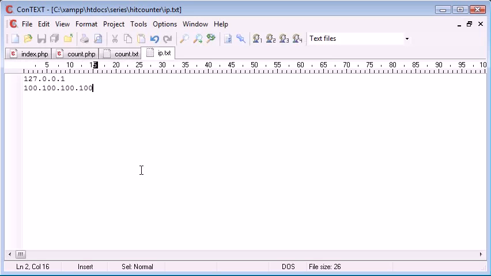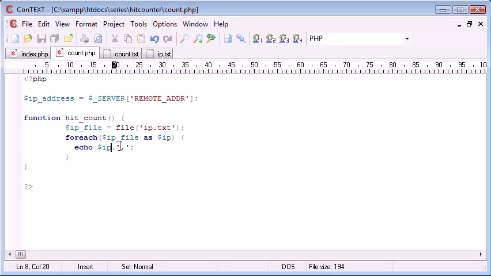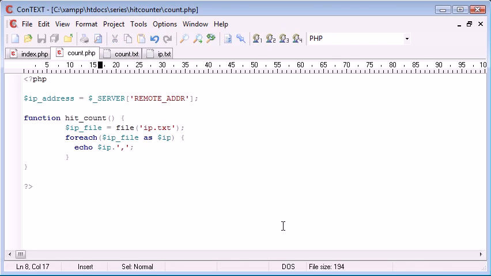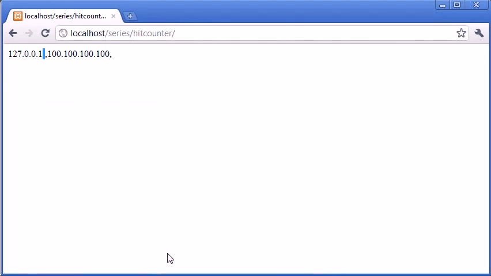Now you've noticed that we've not actually specified in here that we want a space after it. We've concatenated on this straight away, and that's because when we're reading it in on a line-by-line basis, there's always a space after each element in this array. So what we need to do is use the trim function here to remove the white space from the left hand side and the right hand side, just in case there is any white space. Now let's refresh, and you can see that white space has in fact